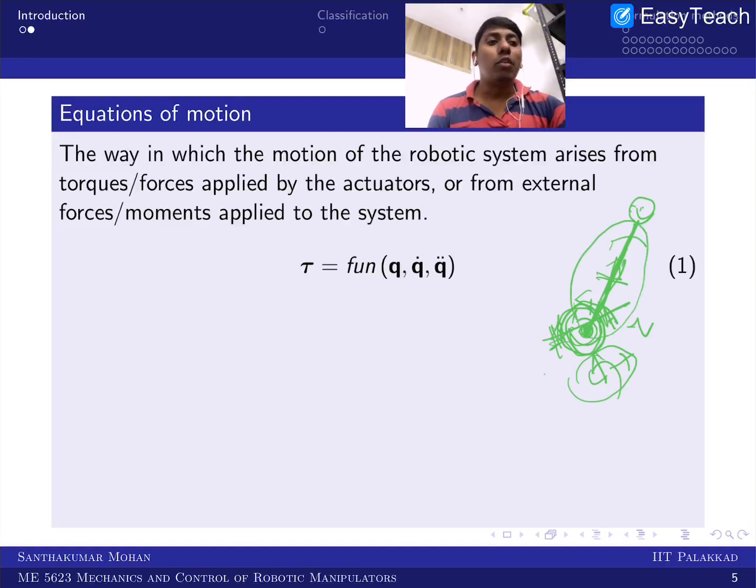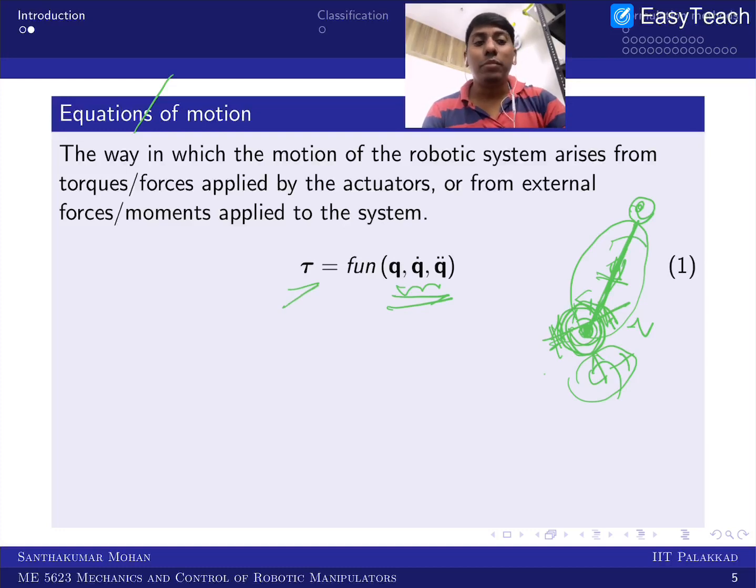But for all this background, you need individual joint forces, or you can say link forces and link moments, as well as joint moments. That is what we are trying to see. For that, I am talking about the equation of motion. Here we are studying the motion, with the motion variables on one side and the input variables on the other side.